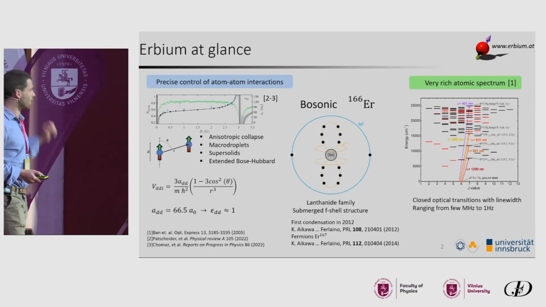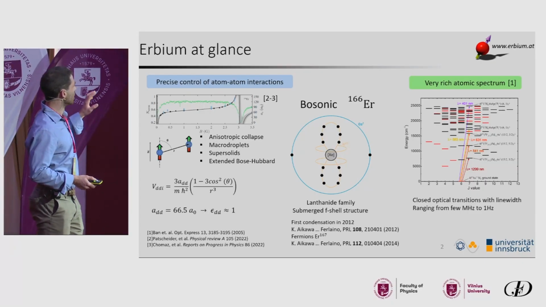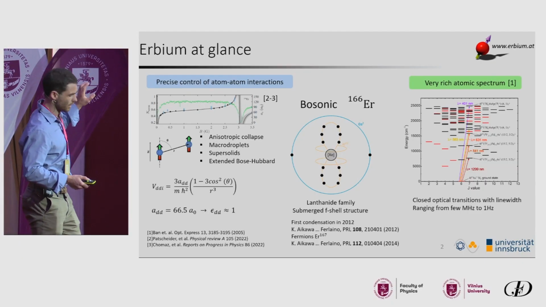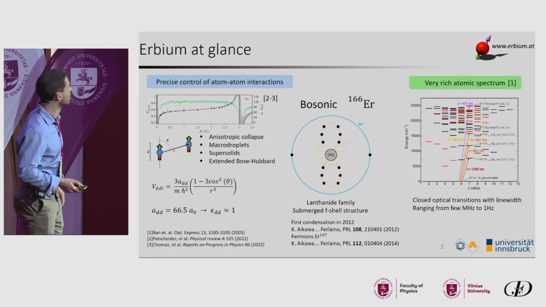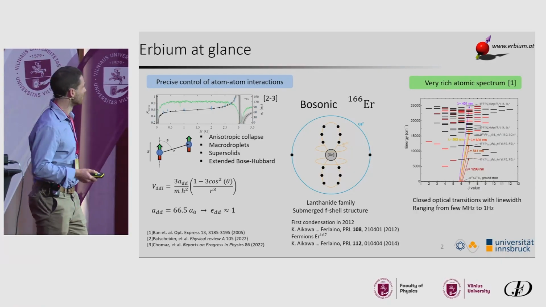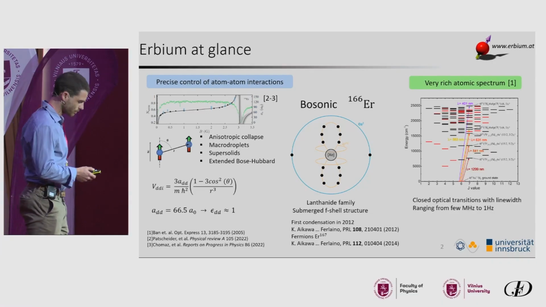Also, there's a lot of things that are known with erbium and also with dysprosium and its magnetic moment. So you get a permanent magnetic moment in the ground state, and you can do all this dipolar physics. That's not the topic, right? No, that's not the physics of my talk, but this has been done in the last 10 years.